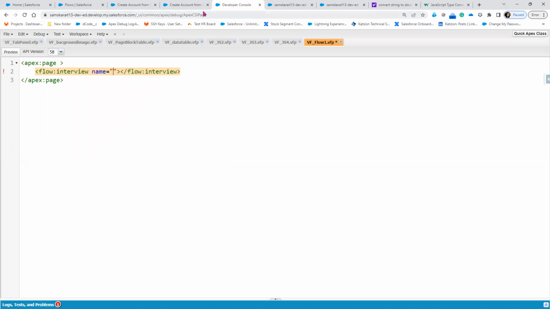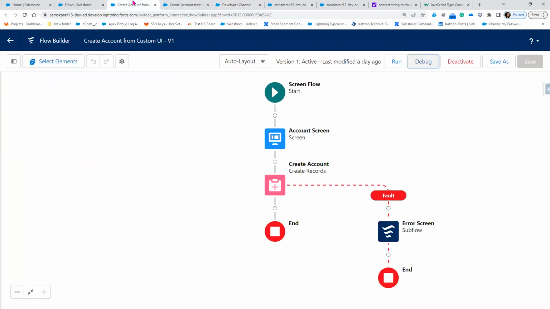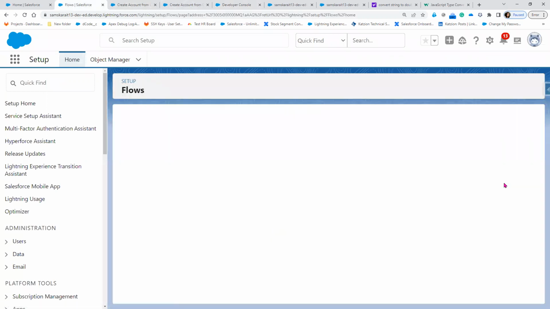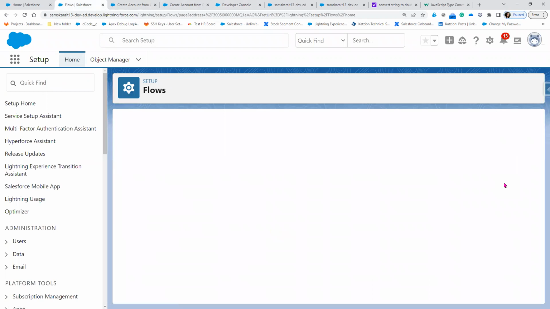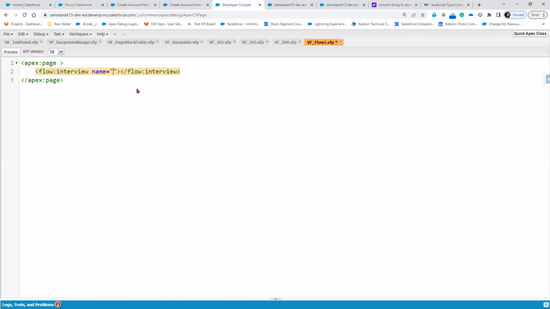So the name of the flow is nothing but, let's go ahead and check. In order to know the API flow name, click on this, view details and versions. Now we have an API name here. Copy this API name. Let's go to the developer console. Now you are going to specify the API name. And this is a normal screen flow. Now if I save this and click on the preview button,